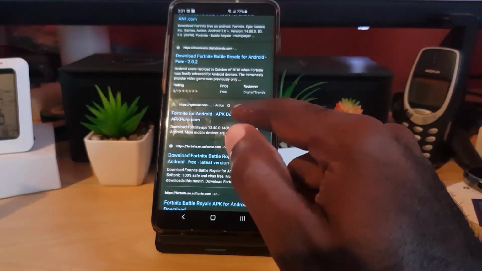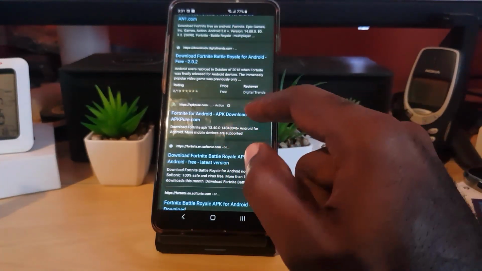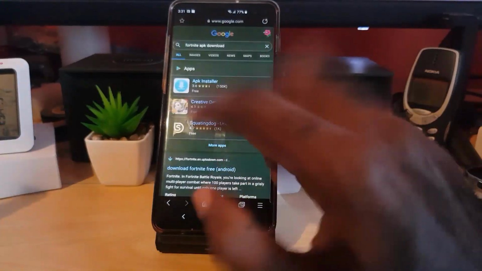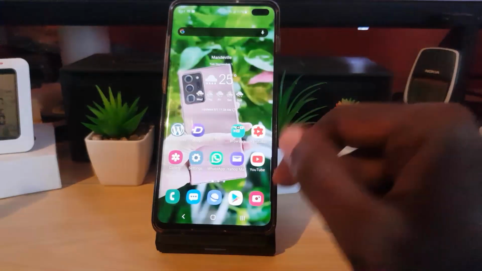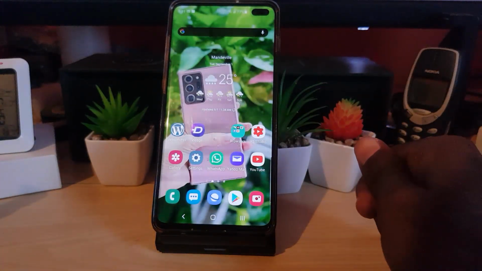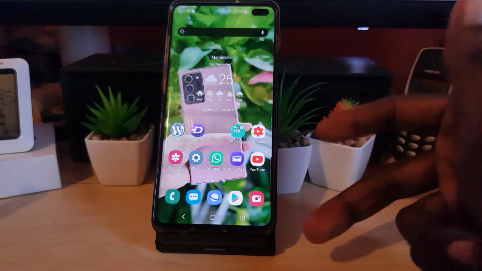As I said, some people use APK Pure. You could try that, but of course, as I said, I don't recommend it. They might install something else, and this will of course mess with your device. So of course, those are three methods.